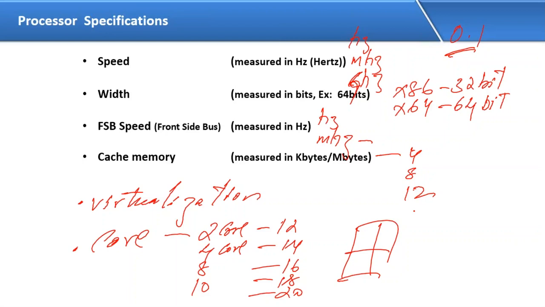Earlier, we had only single core processors, so we could not ask about this. To add one more processor on my motherboard, we have a processor socket for one more processor. With the core feature, I'm purchasing a 1.4 processor with 2 core. It means my processor speed is 1.4. That is called what here? Core technology. So please copy fast.